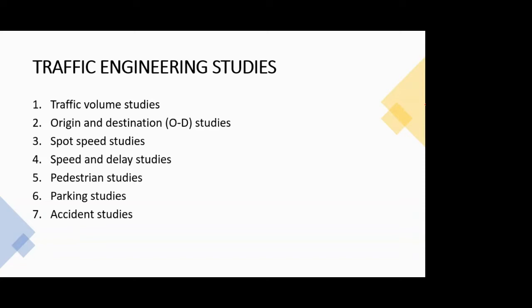What are the human characteristics or road user characteristics, and the vehicles as well. Now the question is how you will actually come to know what the characteristics are, or what the flow of your stream is, or what the density of your stream is, or what the speed of your stream is. For that, obviously, you will need to do some surveys, or you need to do some studies, and those are enlisted over here, and we'll discuss each of them in detail.